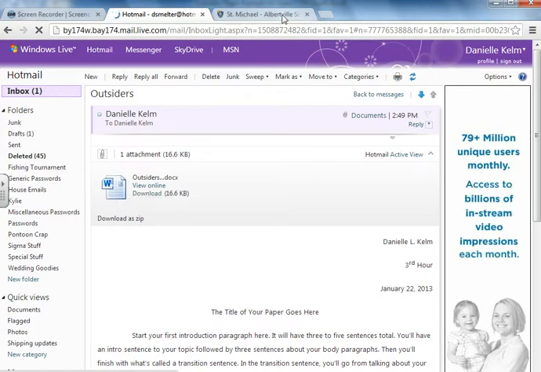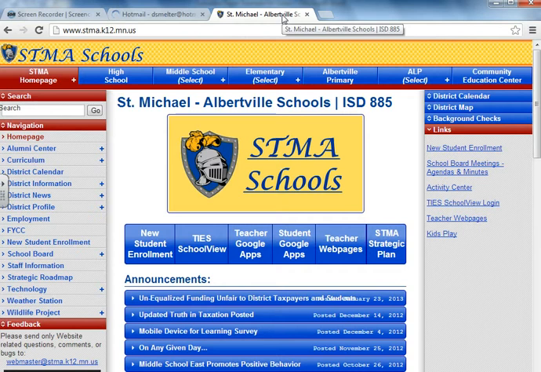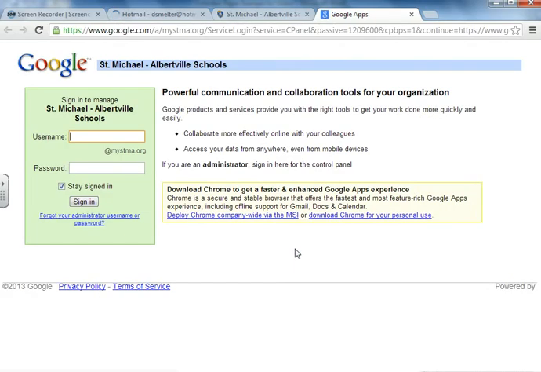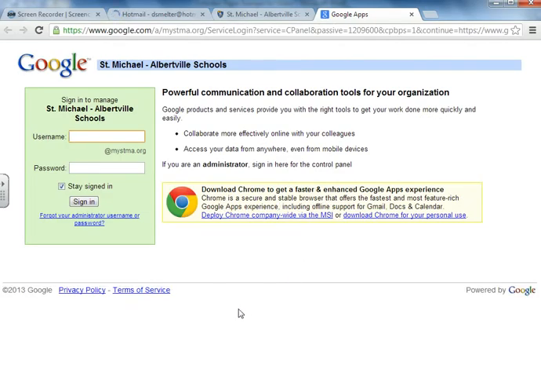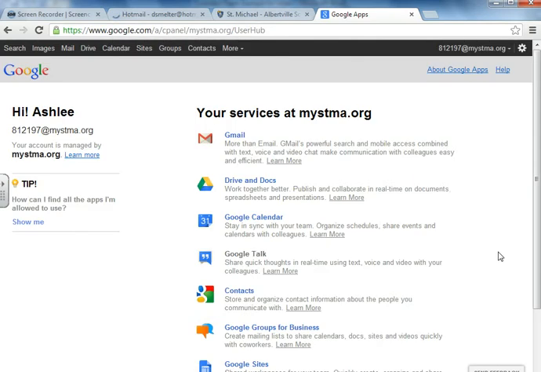Another option is to go under your school Gmail account, which you can get to by going to the home page, clicking on Student Google Apps, and then logging in using your lunch number and your normal school password. Once you're logged in there, again, you've got some choices. You can either send the document to yourself via Gmail, or you could save it into a Google Doc. So if I want to send myself a Gmail, I click on Gmail,